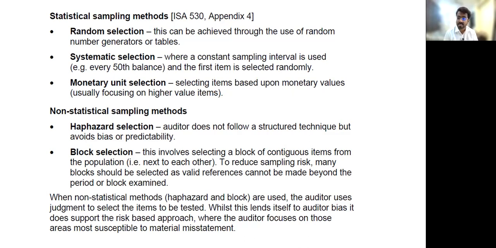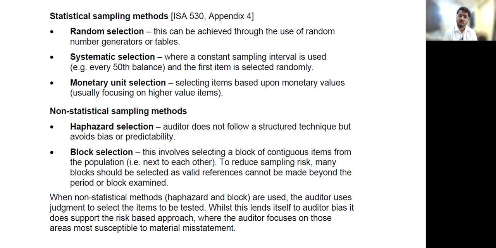That is called systematic selection. Now, how is systematic selection a sampling method? In systematic selection, does every item have a chance of selection? Yes, every item has a chance of selection. Why? Because the first item is being selected randomly. The first item can be anything. The first item can be 1, the first item can be 50th, the first item can be 30th.